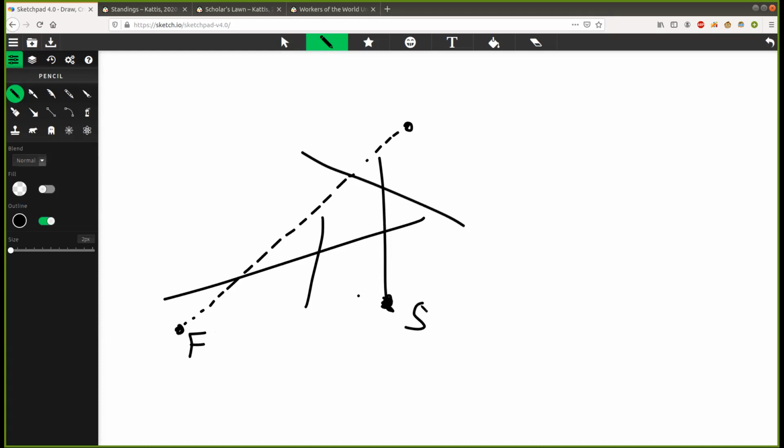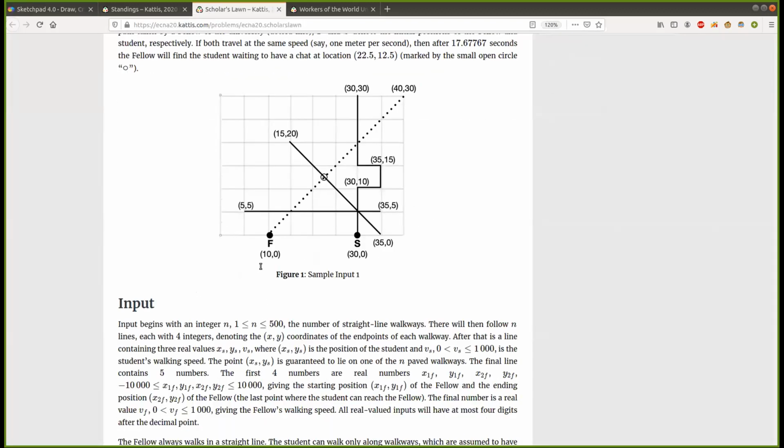You also know both people's walking speeds. And the question is, can person S move along the walkway and meet person F at a point? Person S has to reach there at the same time or earlier than F. And you have to find the earliest possible time. For example, it might be that person S can walk over here, but it's too slow, but they can walk over here and it's fast enough. And maybe they can also walk here, but this is the first time, so you should choose it. The constraints are that there are 500 lines, so